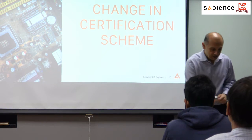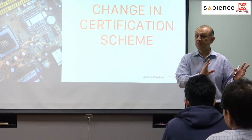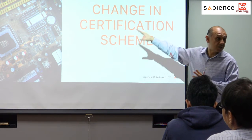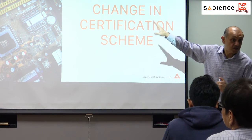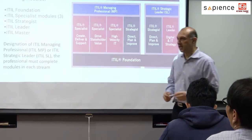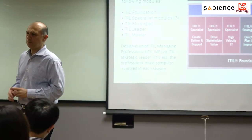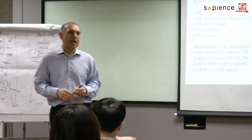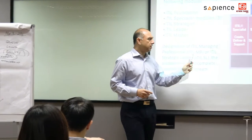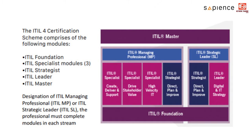Scheme, right? So all of you are familiar with the ITIL V3 certification scheme, right? Just now I showed you this service strategy, service design, right? Now this is the ITIL 4 certification scheme. It looks complicated, but it's not, right? So what you have in the ITIL 4 certification scheme is ITIL Foundation. Okay. This is the entry level, prerequisite,